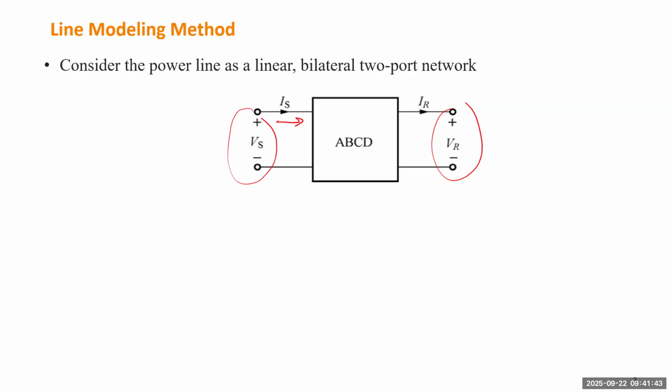coming out from the positive terminal. That's how we define the source, right? And the current is going to the positive terminal on the right-hand side. That's why we treat the other side to be a load. But in reality, this is just our assumption, but whether each side is a source or load really